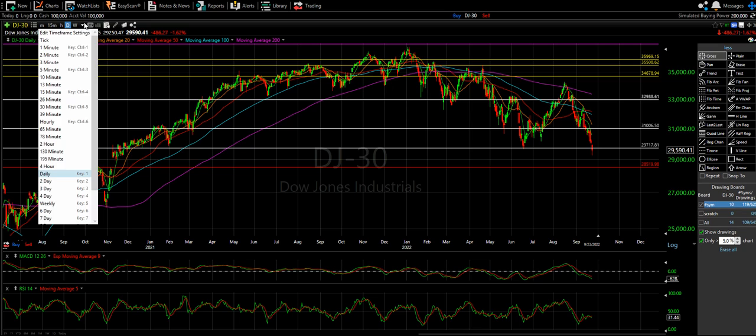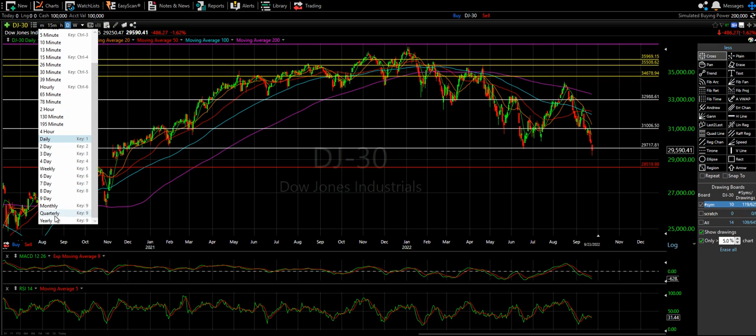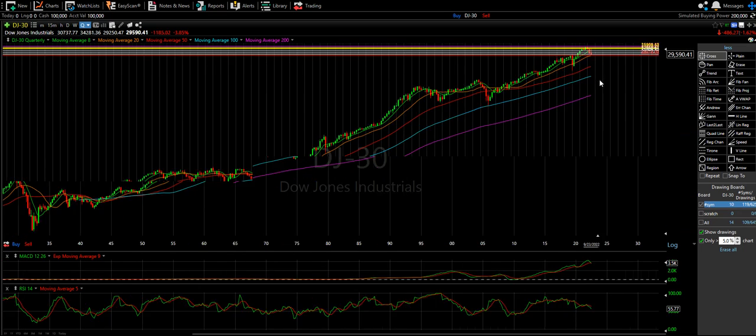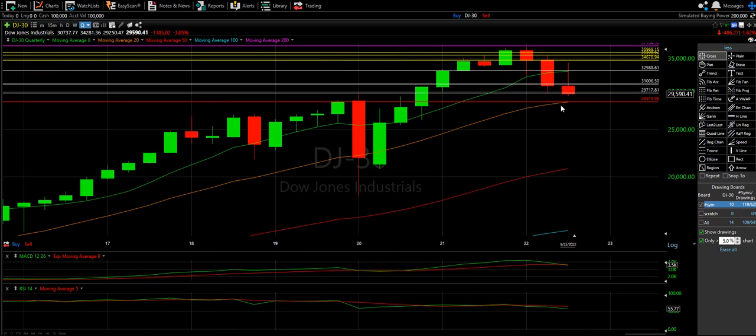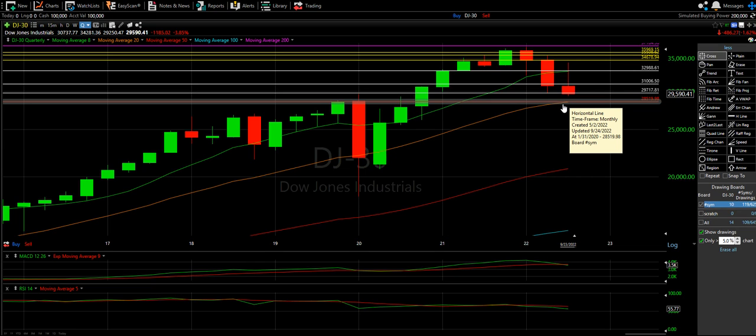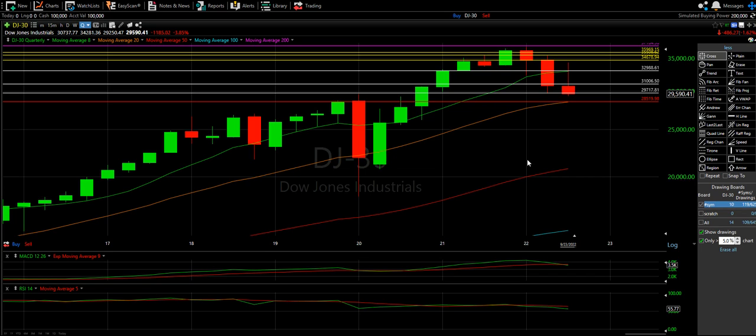The reason for that is I actually had to go all the way to the quarterly. The quarterly, sorry to zoom in so much, I hate doing that, has a good correlation with the 20 moving average. And for me, I'm going to put a little more weight on my manually drawn line lining up to a computer generated line. I think that has a little more value. So that is why I made this my death line.